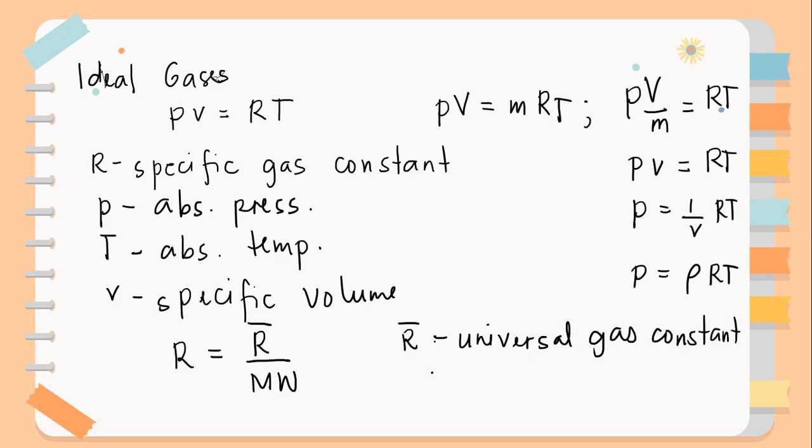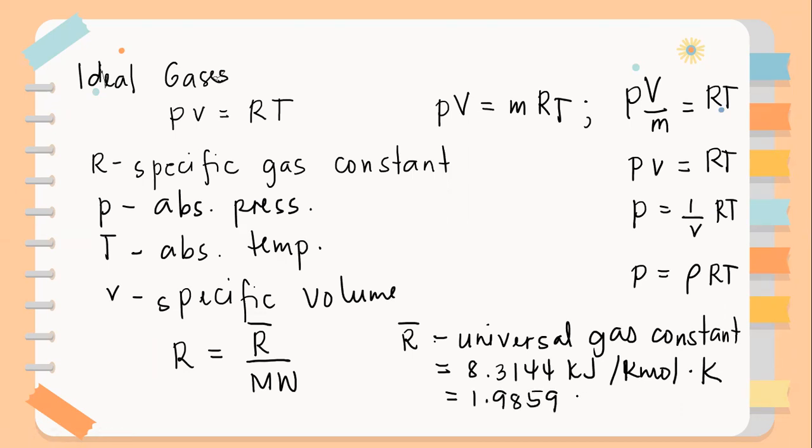And the universal gas constant has a constant value that is 8.3144 kilojoule per kilomole Kelvin, or that is